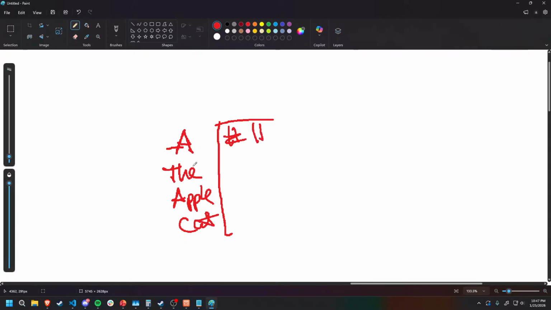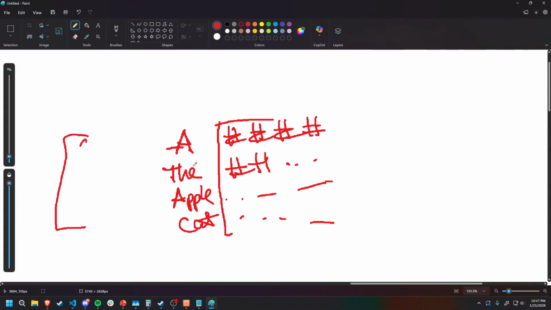So we have the values for A here, and the values for the, and so on for all of these. And then we take our one hot, which is like 0, 0, 1, 0. Let's say I'm trying to get the value for apple. We're going to run apple through the embedding system, and when I do the matrix mult,